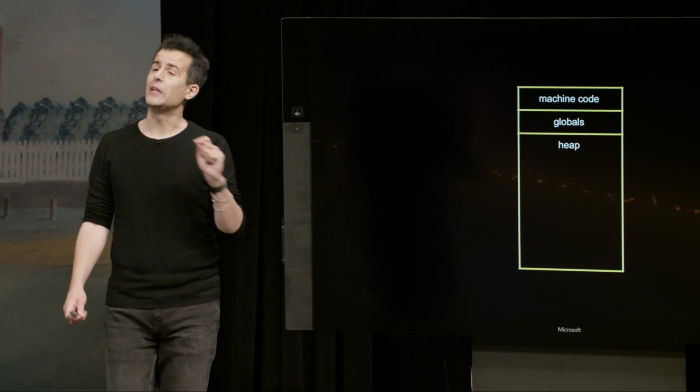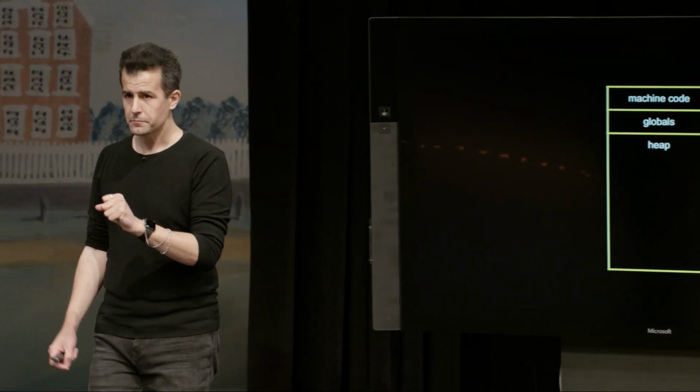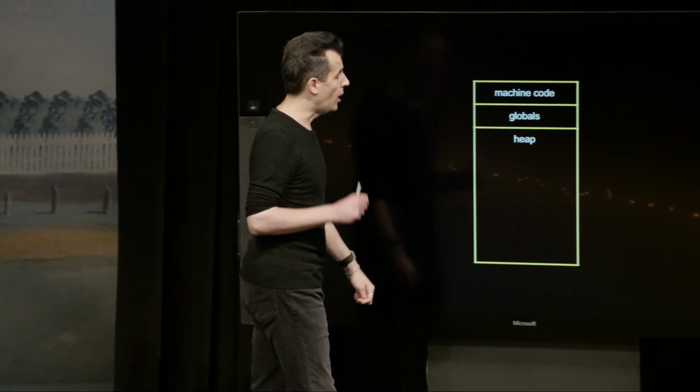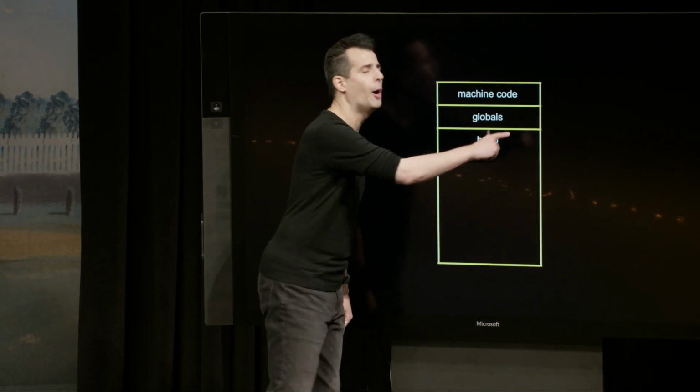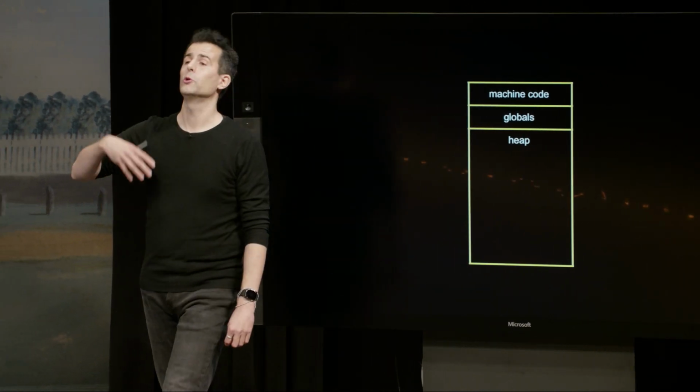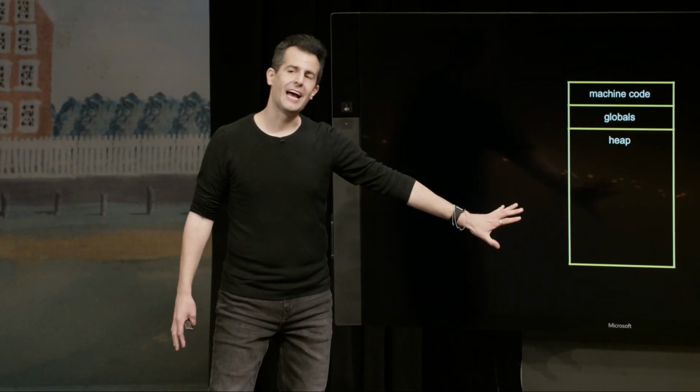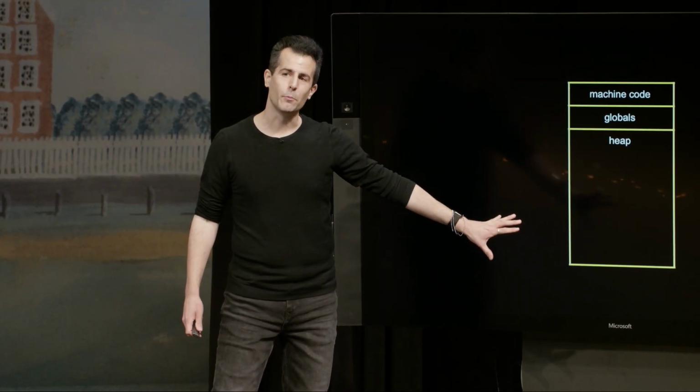Below that is what's called the heap. And this is a technical term, and it refers to a big chunk of memory that malloc uses to get you some spare memory. Anytime you call malloc, you are given the address of some chunk of memory up in this region, below the machine code, below your global variables. And it's kind of a big zone, but the catch is that other parts of your memory are used differently.